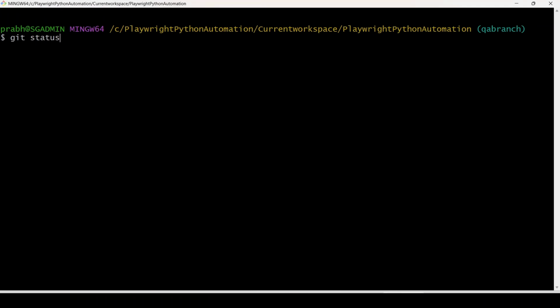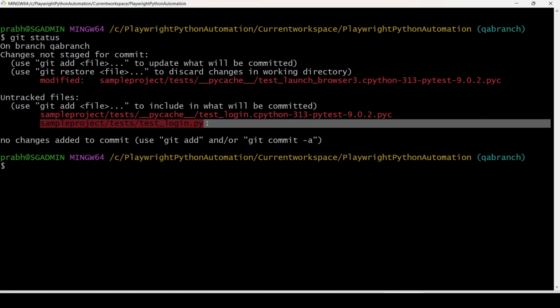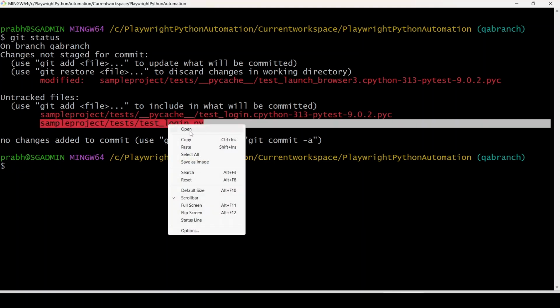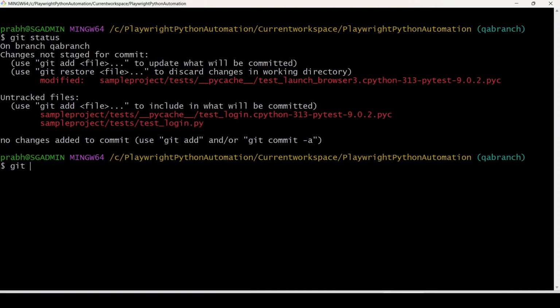What is the meaning of untracked files? The changes which are available in the local branch, the same which is not available in the main branch. So currently this is the one untracked file. So copy this particular file and git add